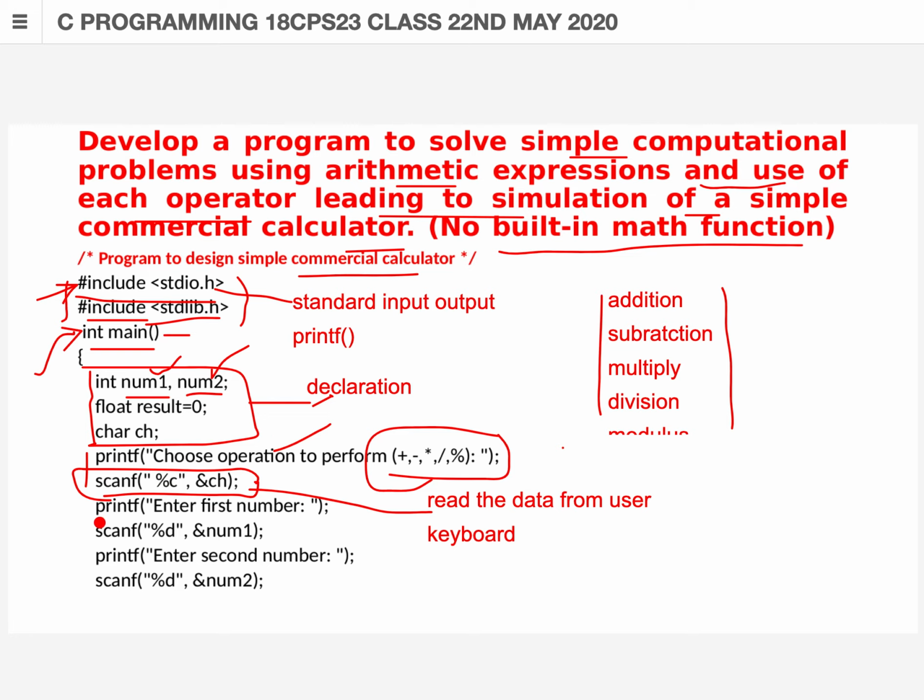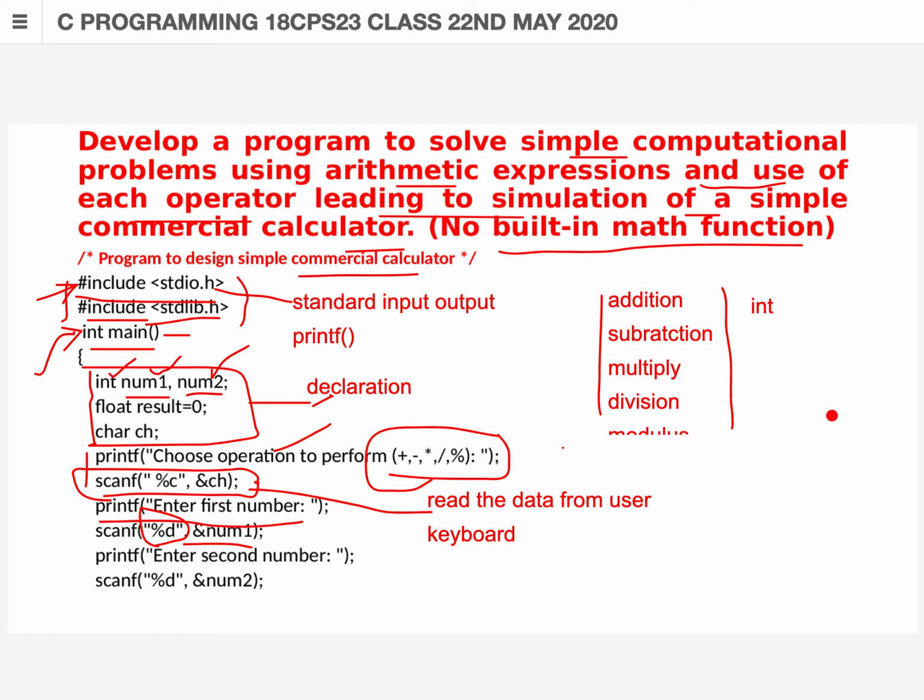So first we need to read the data. For num1: printf, enter the first number. Then scanf with %d is used, since the data type used is integer. There are some inbuilt format specifiers that we must use.